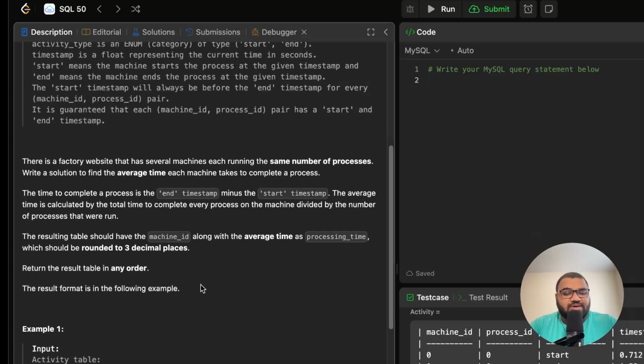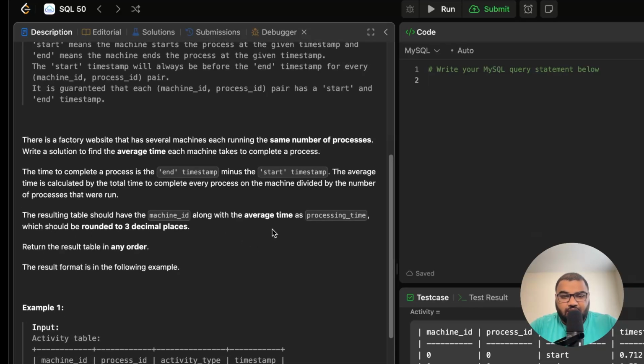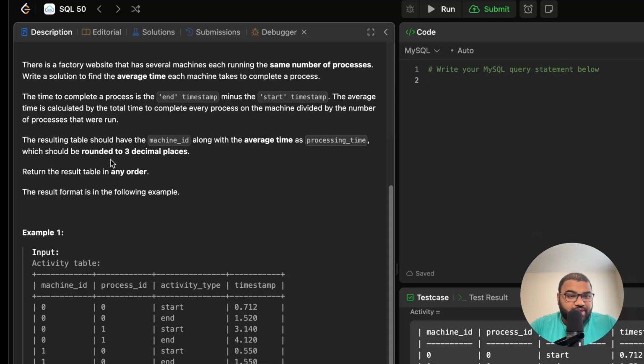Okay, let's look at the question. There is a factory website that has several machines, each running the same number of processes. Write a solution to find the average time each machine takes to complete a process. The time to complete a process is end timestamp minus start timestamp. The average time is calculated by the total time to complete every process on the machine divided by the number of processes that were run. The resulting table should have the machine ID along with the average processing time, which should be rounded to